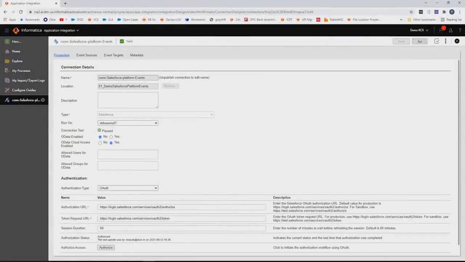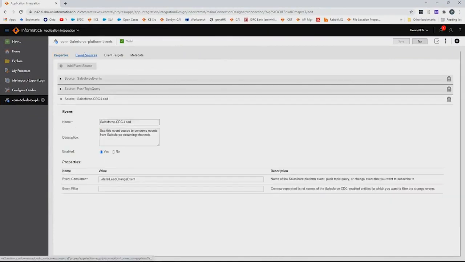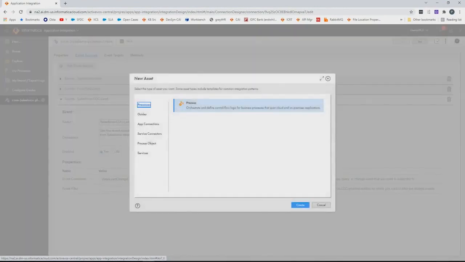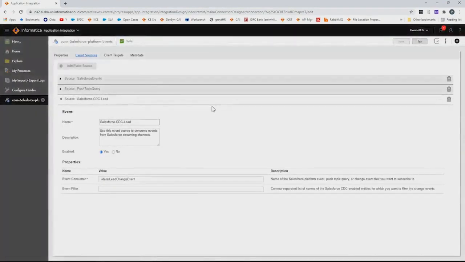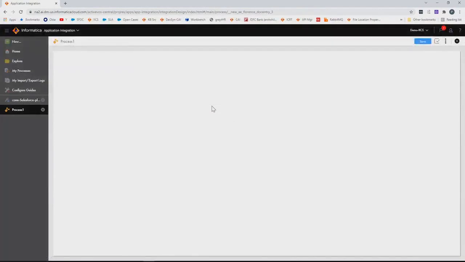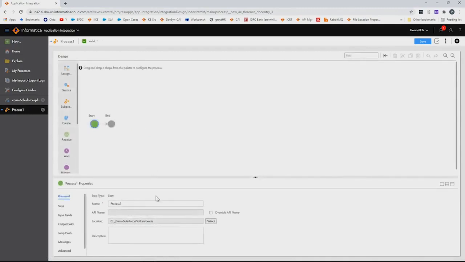So here we have already created this connection and also the event sources have been configured. So let us create a quick sample process and let us see how we can read a message event. Once you create a process, let's give it a name, SFDC demo.